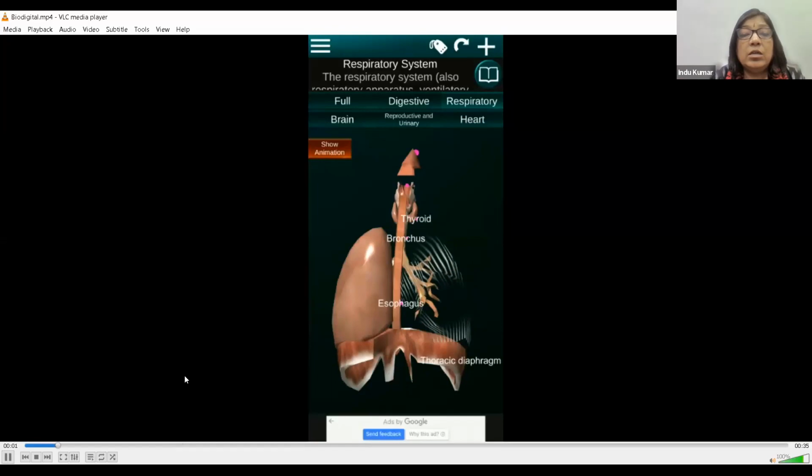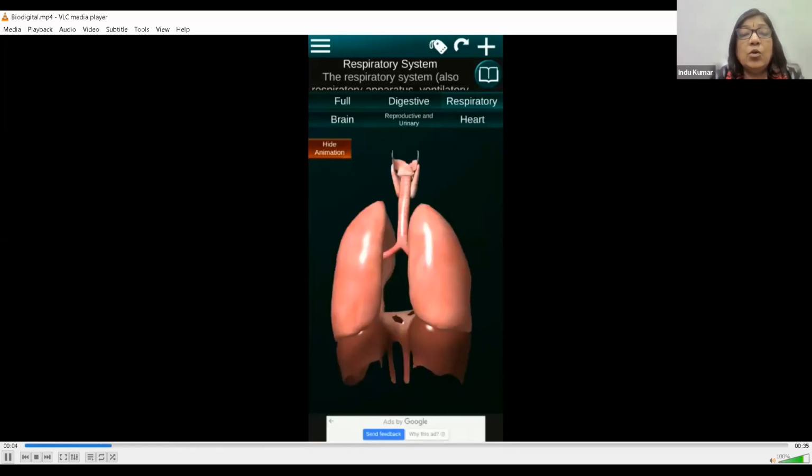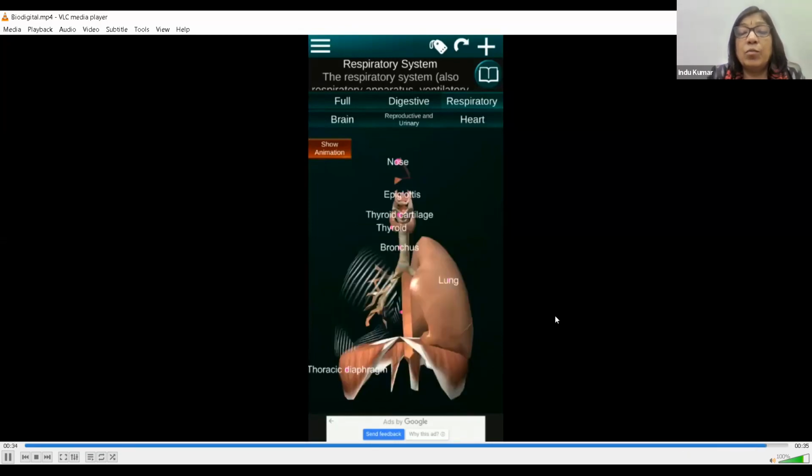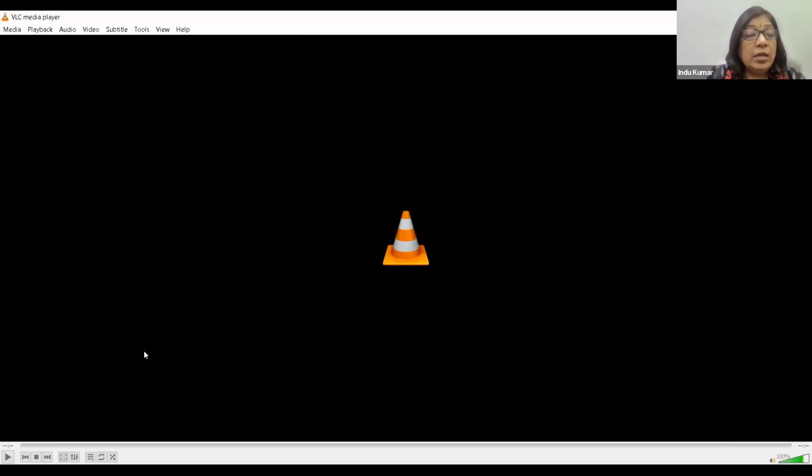So this is the respiratory system and the organs involved. Just by showing such simulations to your students, we can explain the concept of such procedures occurring in our body in a form nearer to real, and in a more easily comprehensible manner.